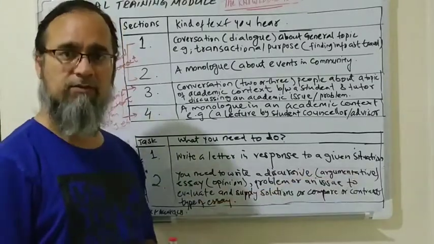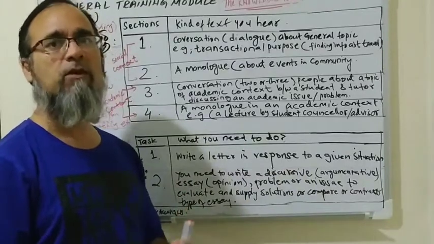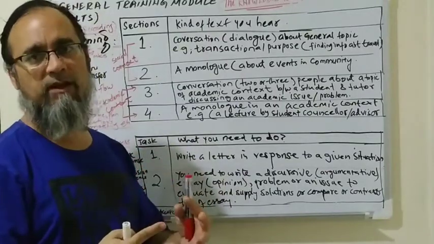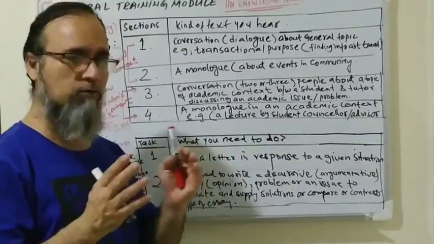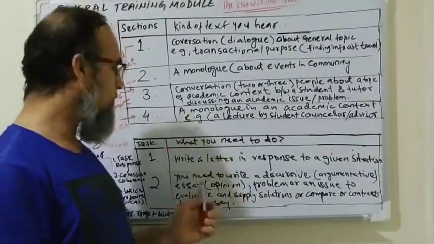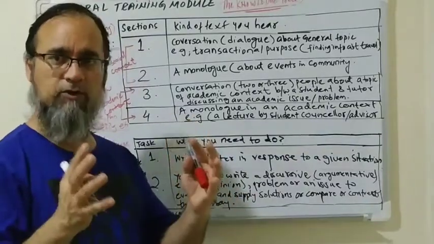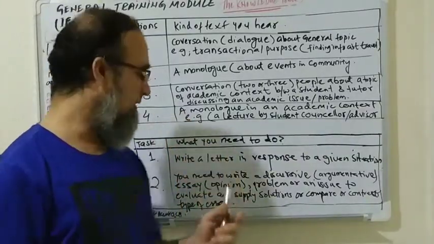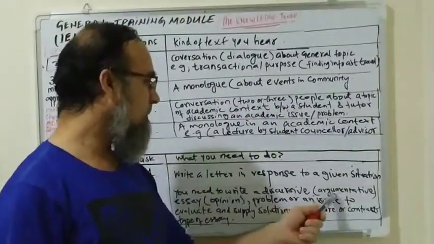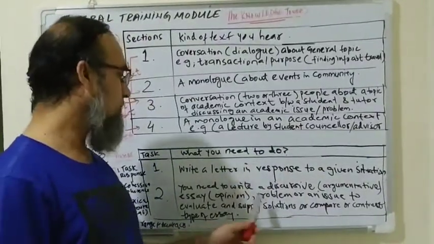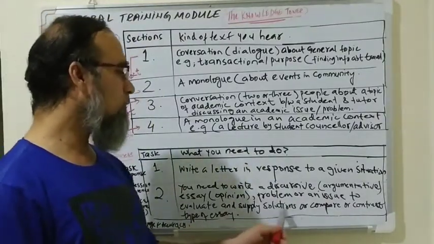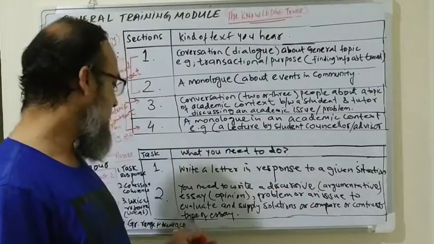Discursive means argumentative essay in which you have to give reasons and prove some kind of thesis. So it might be 3 paragraphs or it might be 5 paragraphs. So better to write according to the limitation of time. Time management is very important. You check your time and accordingly you should write the paragraphs. Paragraphs should be short and to the point and covering all important information. As I said about descriptive or discursive or argumentative essay, it could be opinion essay, it could be problem or an issue to evaluate or supply solutions or compare or contrast type of essays.